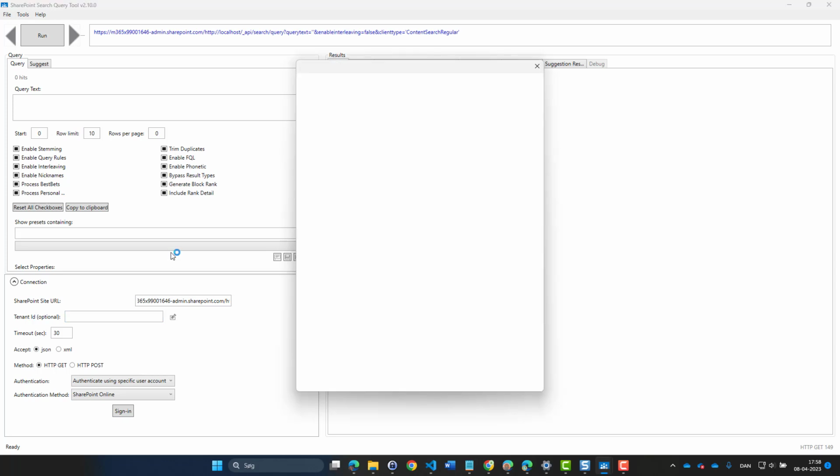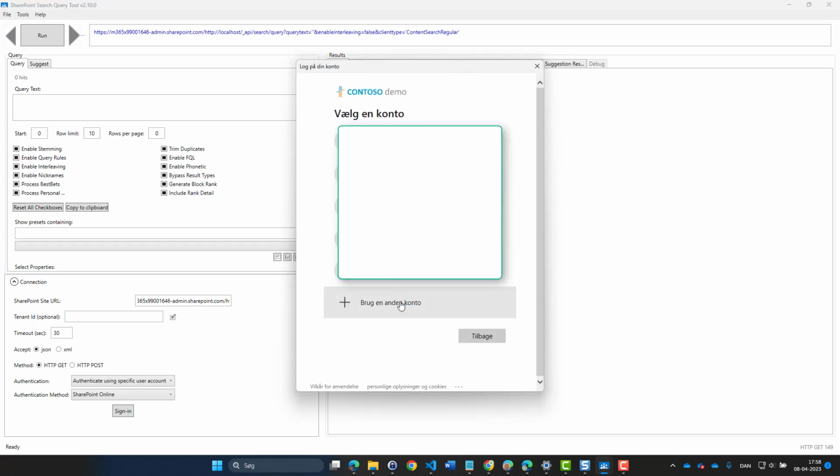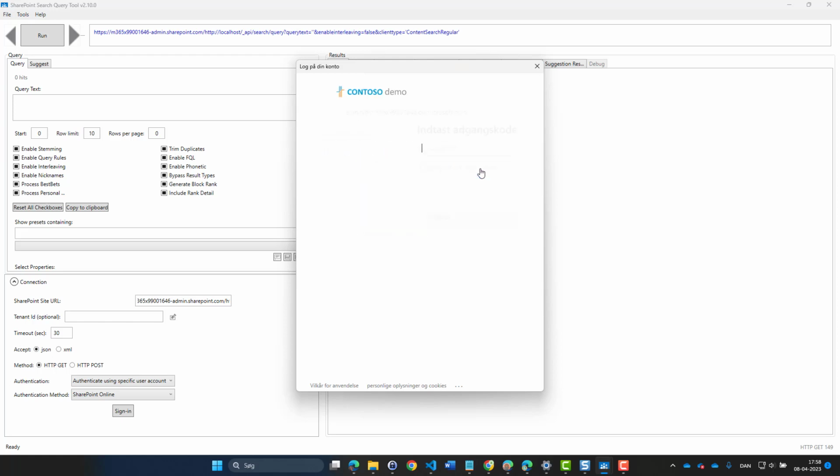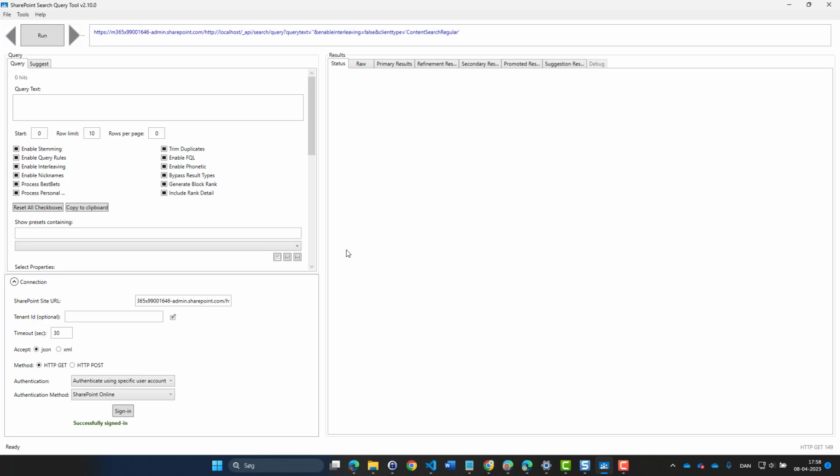This one will pop up asking me to connect. In this case, I will use the account from my demo tenant. Log on. And once I'm on, see it's a successful sign in,